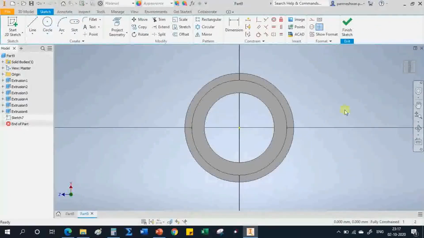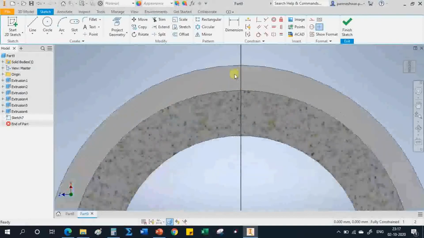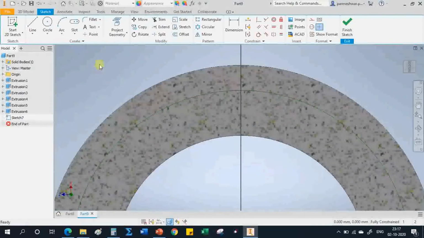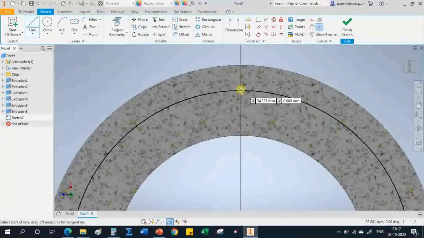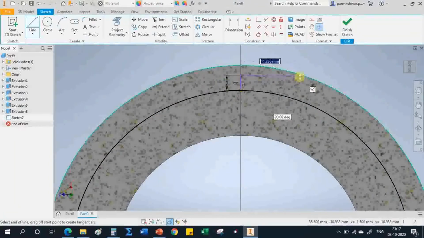Okay, now I will do slice graphics so that you can visualize properly what I am doing. Right, so this is my line. From this line I will draw 3 mm, and on this side 4 mm, and from this one up to the circle I want to make.